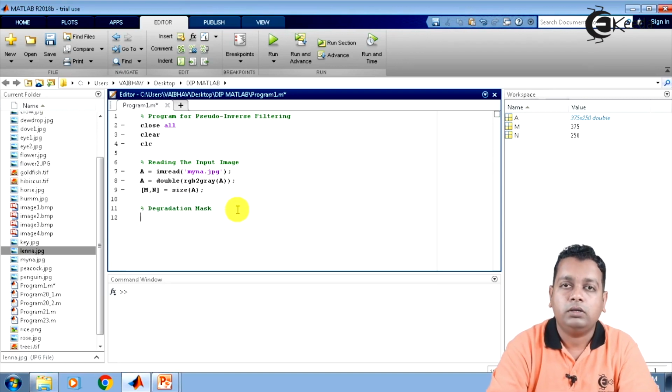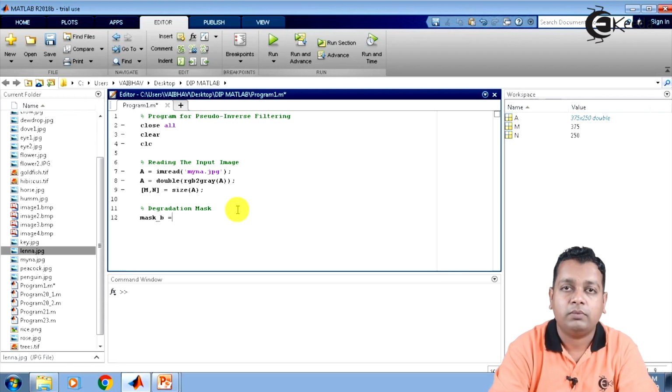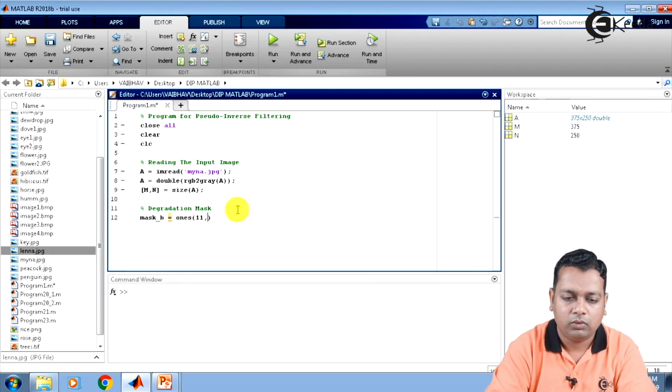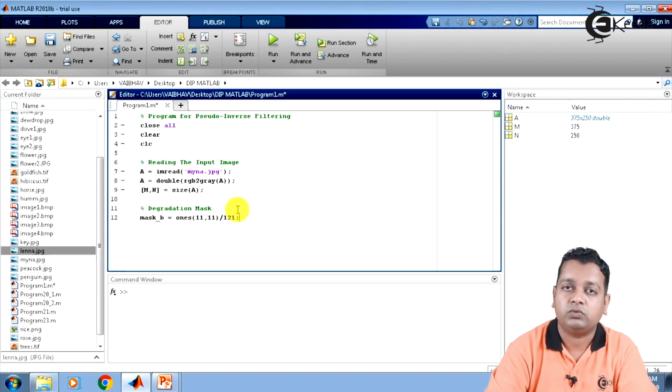So for representation of the degradation mask, I use the variable mask_b, and it shall be assigned a matrix of ones. Here we mention the dimensions 11 comma 11, and normalization by division through its square, that is 121.